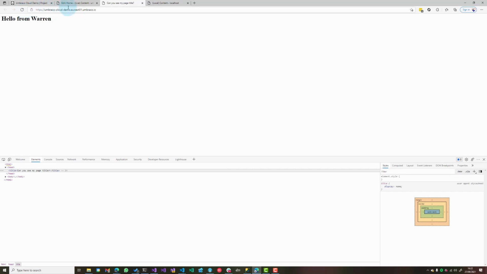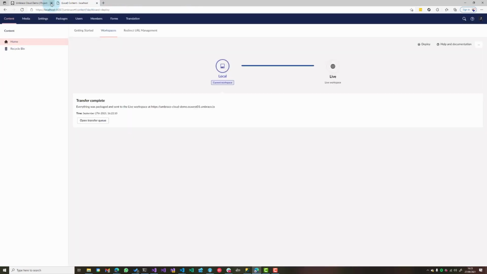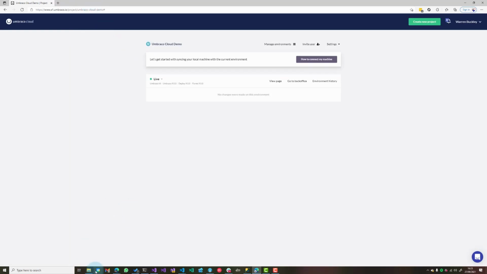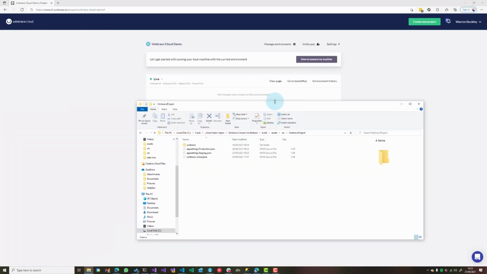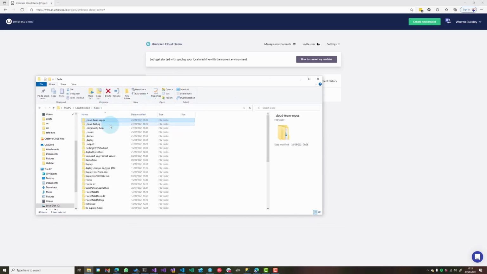We'll see. So that was just a quick flow in terms of working directly on Umbraco Cloud, cloning the repository down, and then working to add some more document types, and then pushing that back up to cloud along with transferring some content. So now we've done that, let's do something a little bit more funky or more interesting, shall we say. So I've got too many things open as per usual,